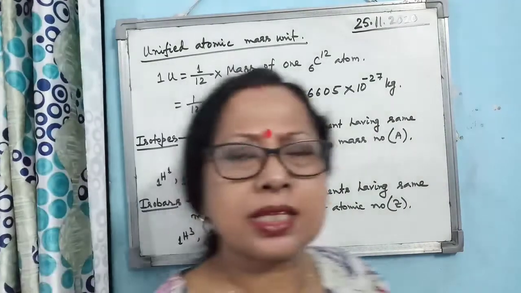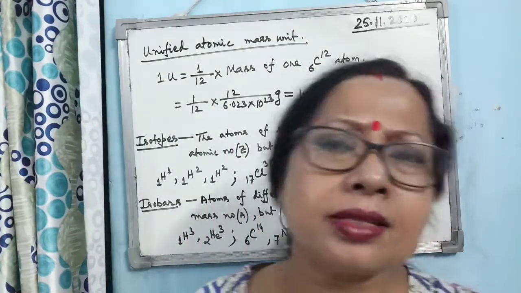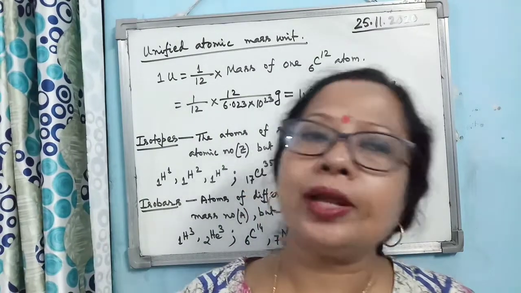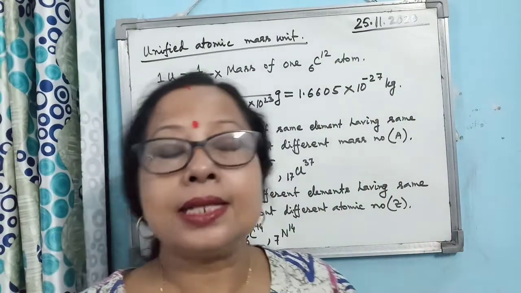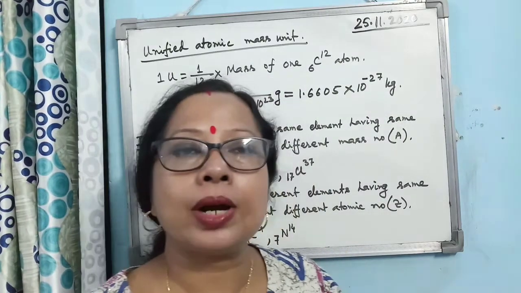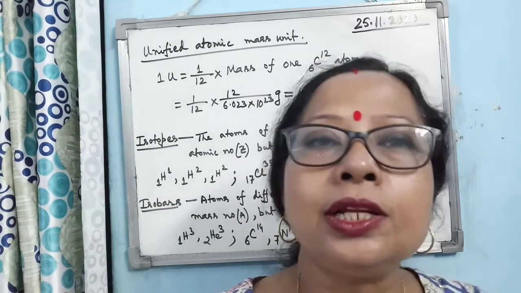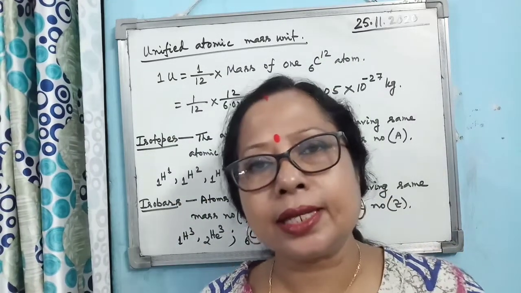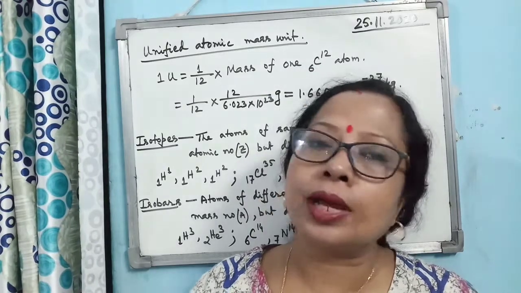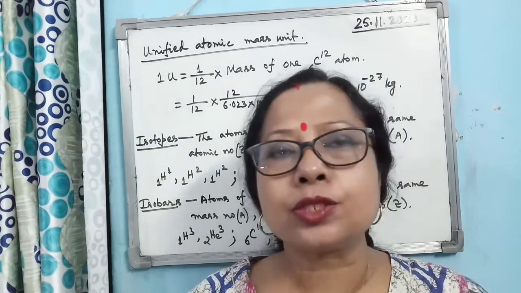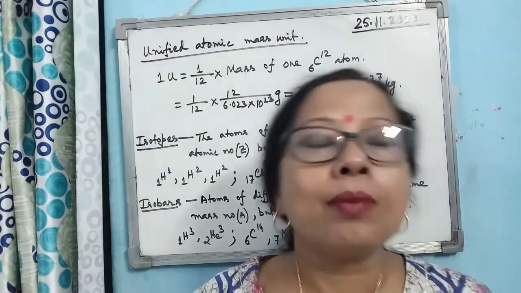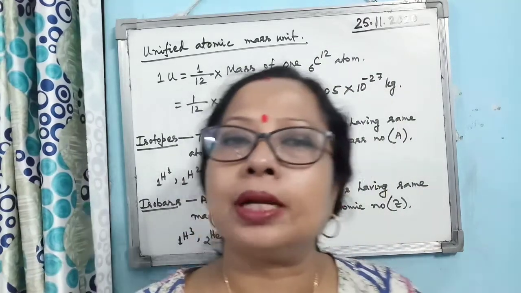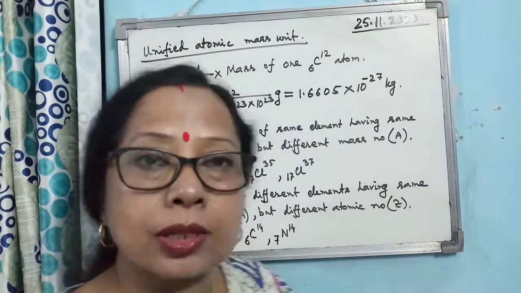Now next topic is atomic mass unit. Now whatever I am discussing, all these topics you know already in details. That's why I am not giving so much importance to it, but you have to learn from this chapter. You know that if you want to measure the mass of all the fundamental particles or atomic particles, in that case we cannot use the SI unit kg, even milligram or microgram, because they are very small masses. So that's why we use atomic mass unit to measure the smaller masses of the fundamental particles within the nucleus, even for the nucleus also.